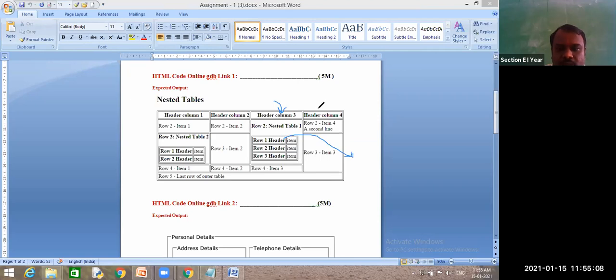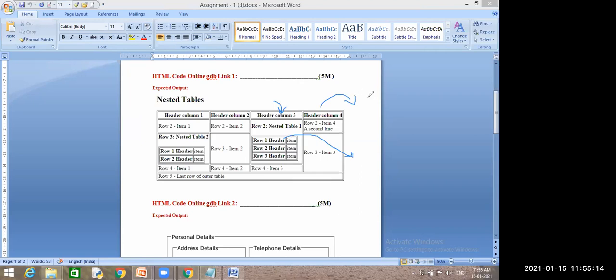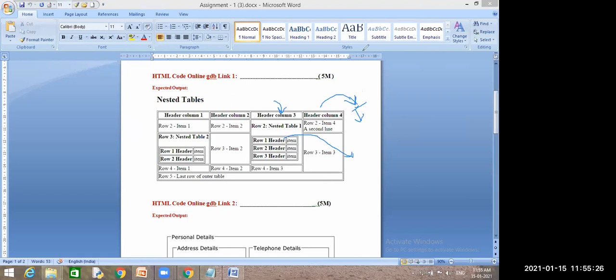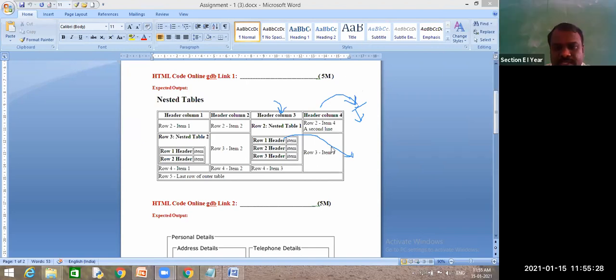Whatever program you have written, send me the online GDB link. I will tell you the solution for that. Ping me on my WhatsApp, and I will tell you what mistake you have made in that program and clear that one. Is it clear? Any more doubts from this?